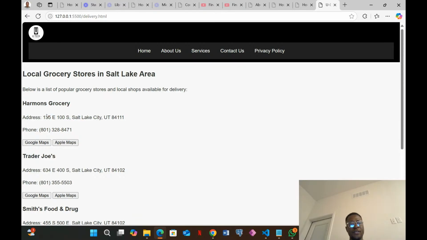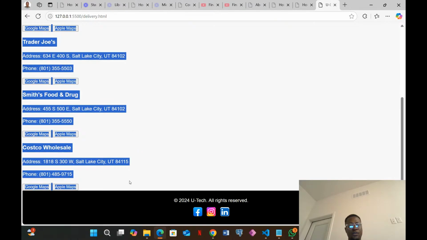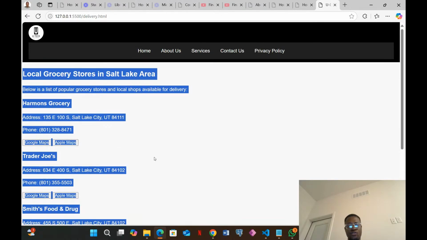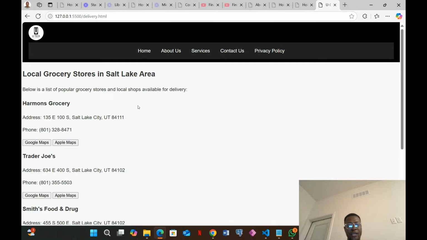So this is just something that Poya Lahaman Groceries, Trader Joe, Smith Food. I just kind of use this information from their site because we don't have the API, so it's not connected to their store, to this store that you see right here. Okay,